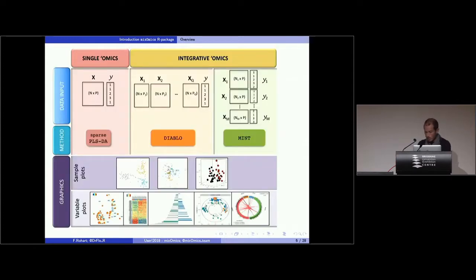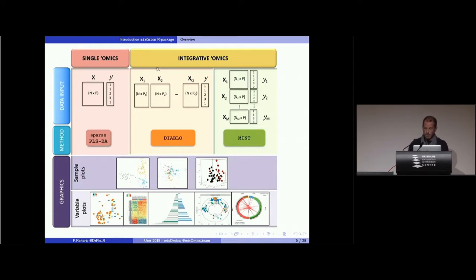All right, so this is just one summary, I guess, of what you can do with mixomics. We have the single omics type of approach. I don't know if you can see the mouse. It's a bit small, but I don't have a pointer. In the single omics approach, you are in a discriminative setting. You have a class vector for your observations, and you want to find what is driving the separation between your classes.